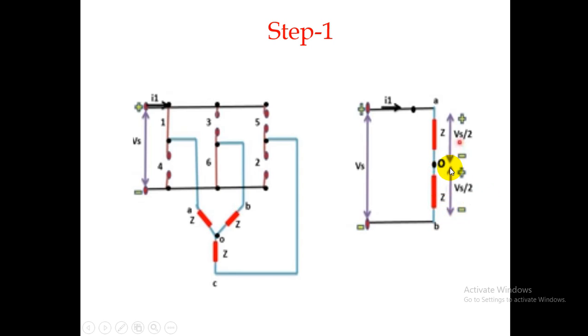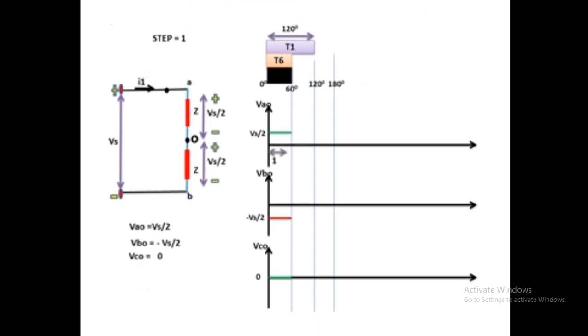You can see that in the next slide. Look at this. When you apply KVL here, VAO, this portion, has the voltage Vs by 2. Then VBO is